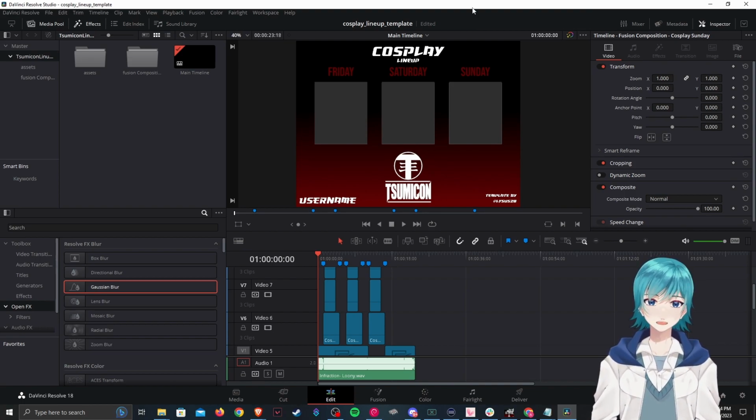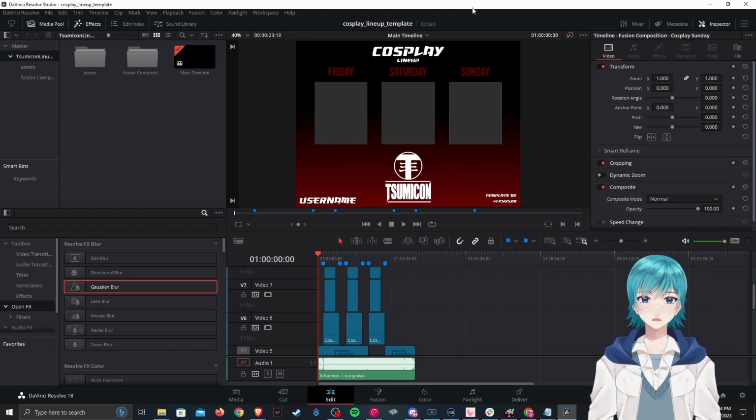But if you're only going to do this as a one-off thing, just download it and you can delete it right afterwards. Anyway, once you have that installed, you're going to want to open up the program, and when you first open it up, it's going to bring you to